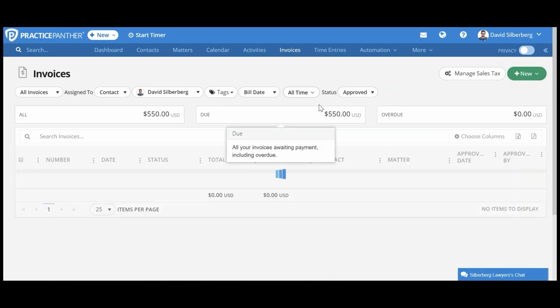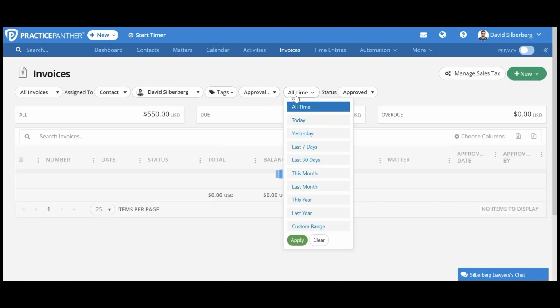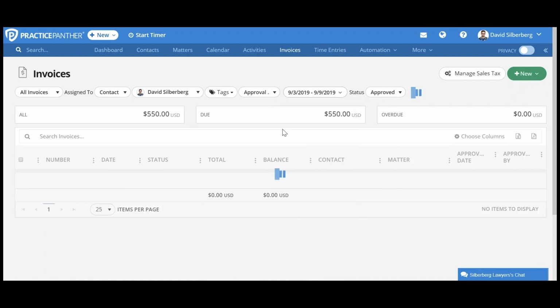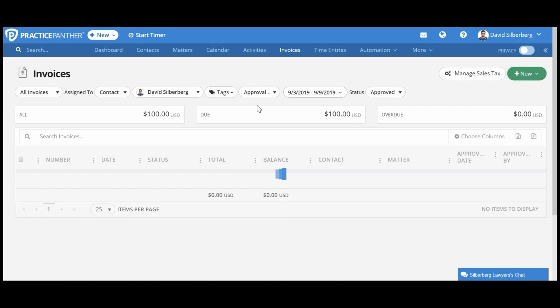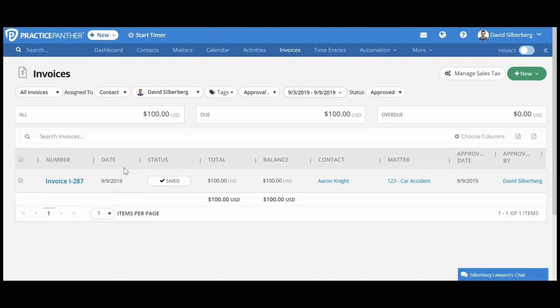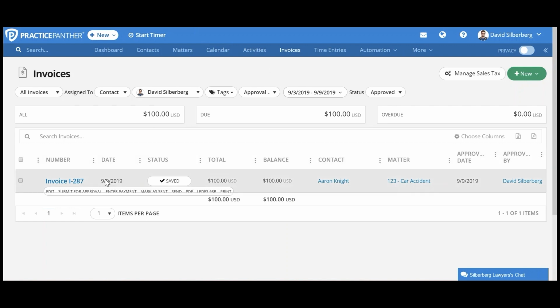And if you want to get really specific, we can actually change this bill date filter from bill date to approval date, and change the date range maybe to the last 7 days. This way, you can see a full list of all of the approved invoices from the last 7 days. In this case, I only have one, which would be very easy for me to go ahead and pay off